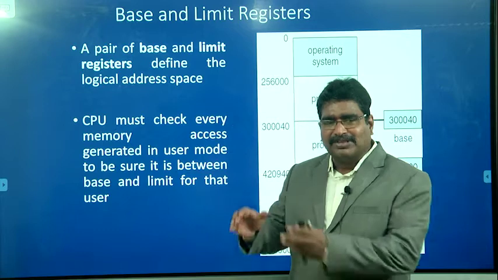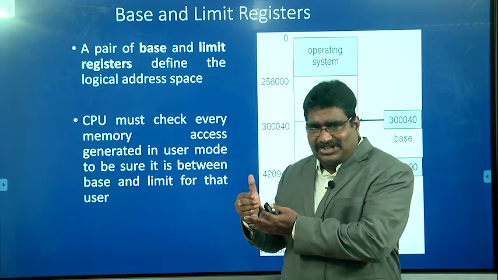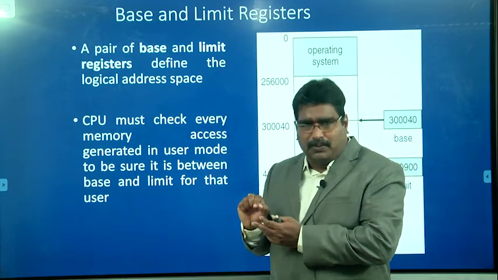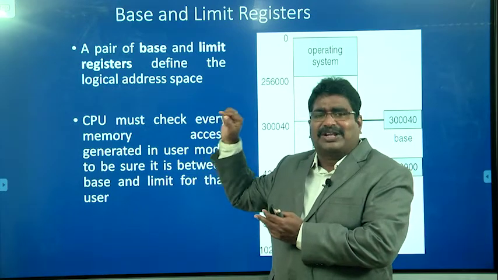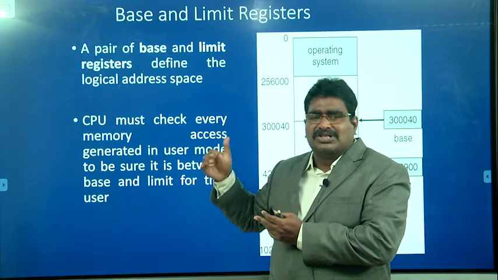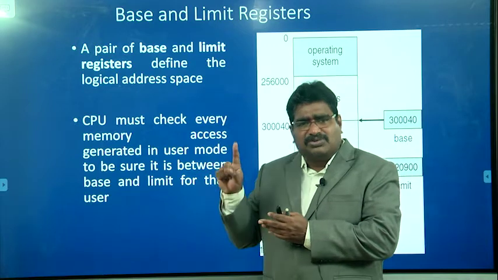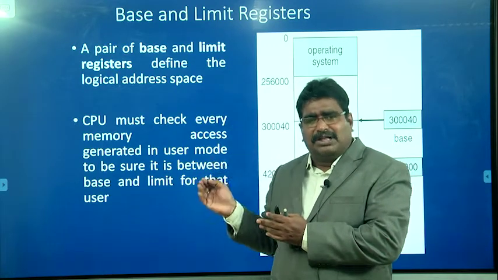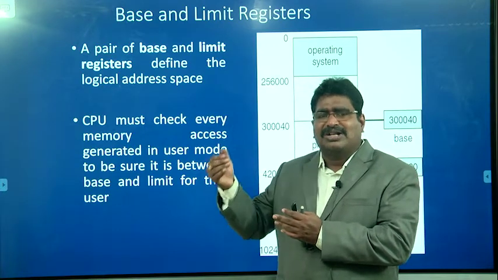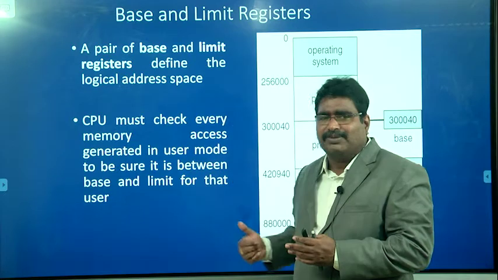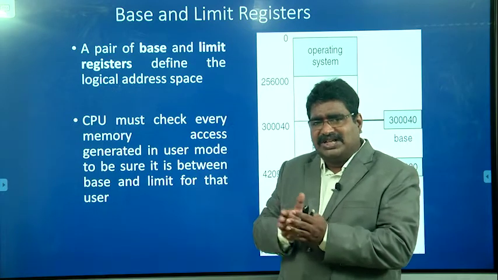So the logical address represents the address of a particular instruction relative to the beginning of the program. The first instruction address is 0, the second instruction address is 4, assuming 4 memory locations are occupied by each instruction. Or we assume each instruction occupies only 1 memory location. Then the first instruction logical address is 0, the next is 1, the third is 2, and so on. In that way the addresses are represented as the logical address space. And what is the physical address space?